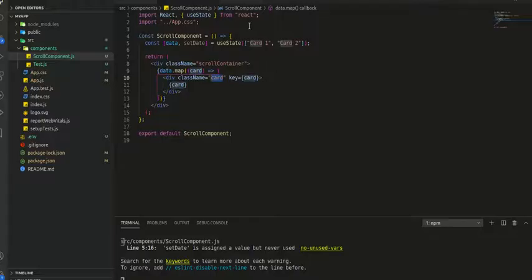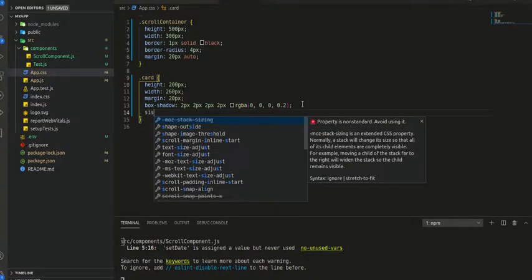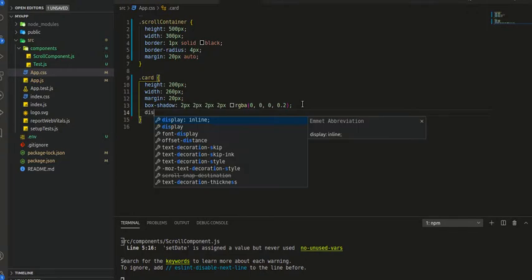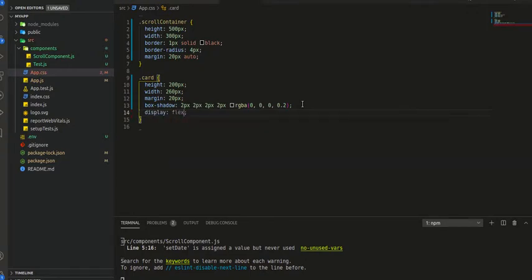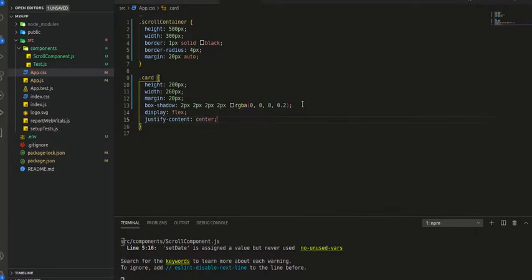Yeah. So now I also want to center this card content horizontally and vertically. So for that we will use Flexbox. So we will use display of flex. We will give justify content center and align items center, so that it will center horizontally and vertically.